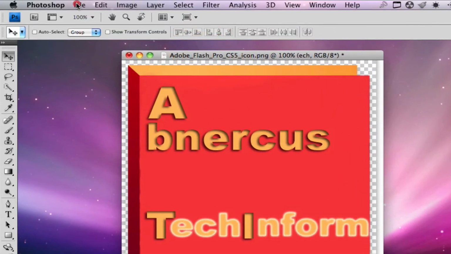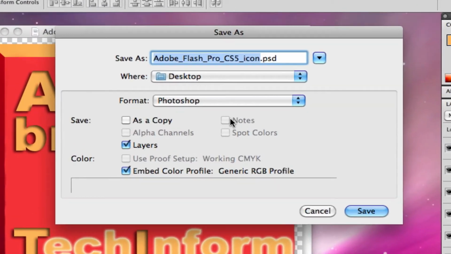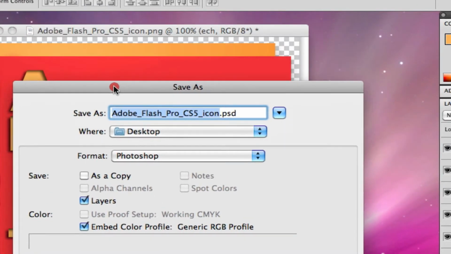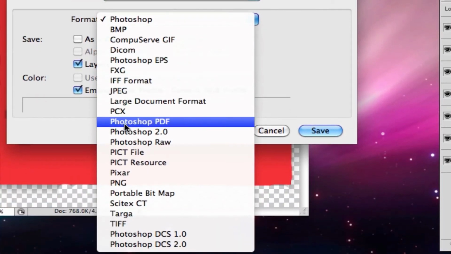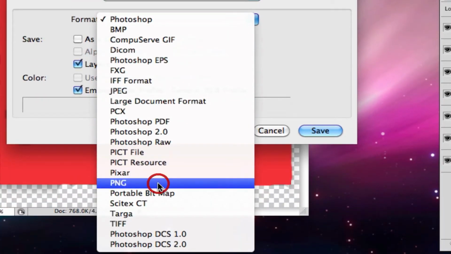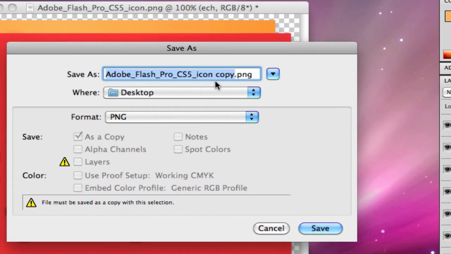Now to save it, go ahead and go to File, Save As. Now if you're going to be uploading it to YouTube at least, do not try to save it as a PSD. YouTube doesn't know what to do with PSD, so what we're going to do, we're going to go to Format, and I like to do a portable network graphic or a PNG. I feel that they're good quality. I'm gonna name it